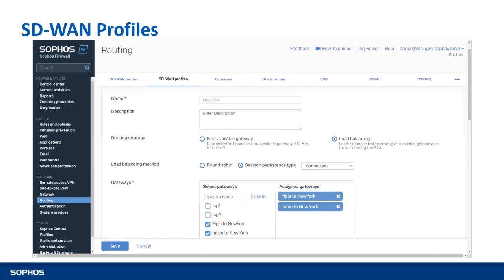These SD-WAN profiles are managed in the Configure, Routing page, and you start by selecting the routing strategy, which can be the first available gateway or load balancing. When load balancing mode is selected, you can select the load balancing method used, and you can use round robin,